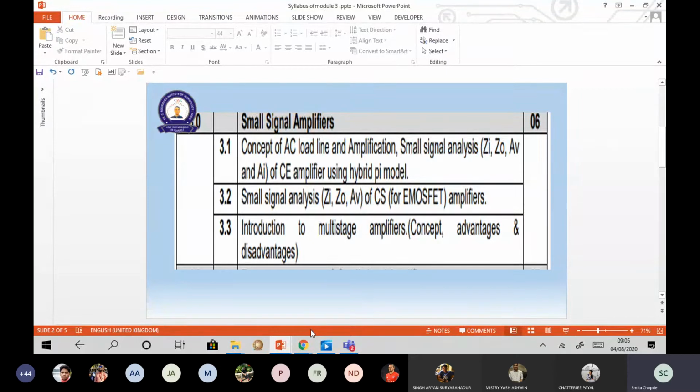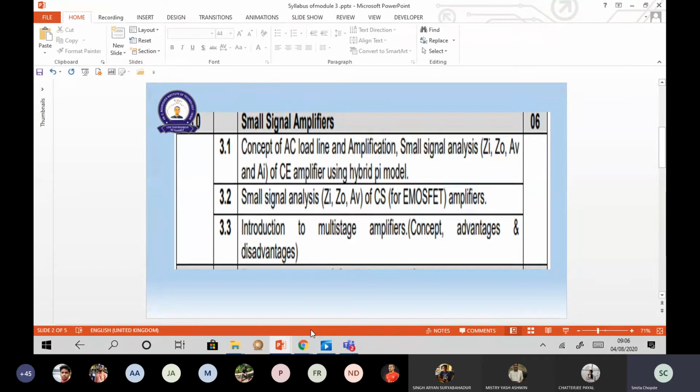And you will learn how to draw a model for this AC analysis for small signal amplifiers, wherein you will have to do the analysis for finding input impedance, output impedance, voltage gain and current gain. Current gain is not that important, so it will not be referred to for many stages, because as in yesterday's guest lecture discussion, you might already have come to know that current gain is mostly applicable in E-MOSFET, and largely applicable are input impedance, output impedance and voltage gain for BJT, FET and E-MOSFETs.